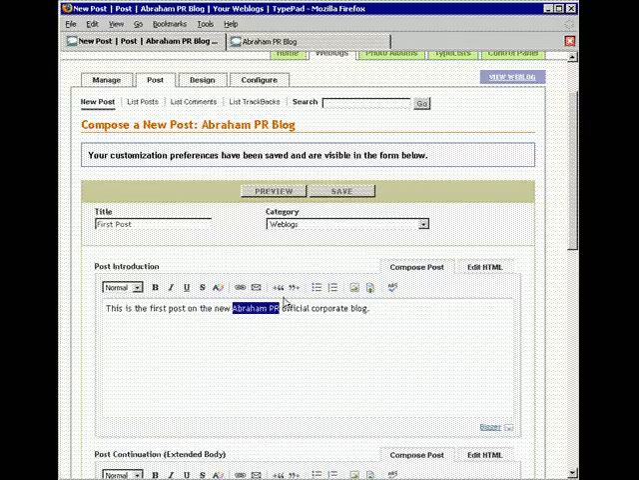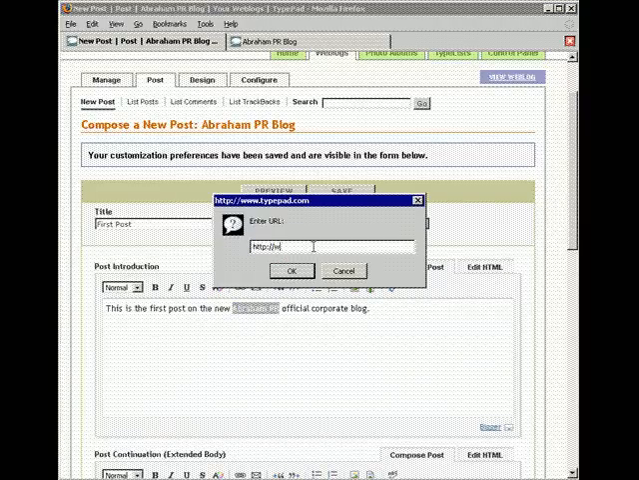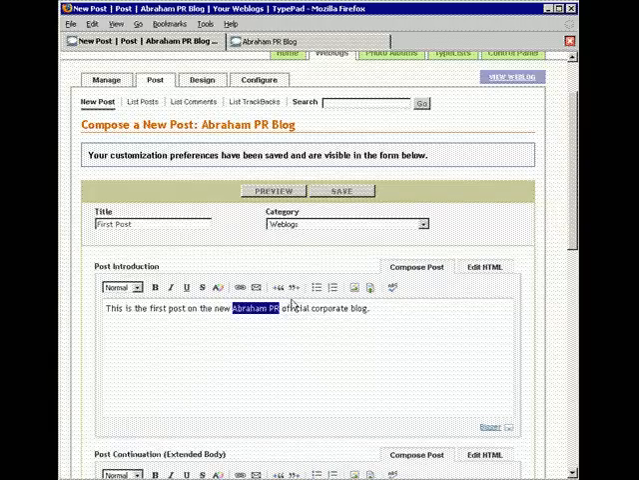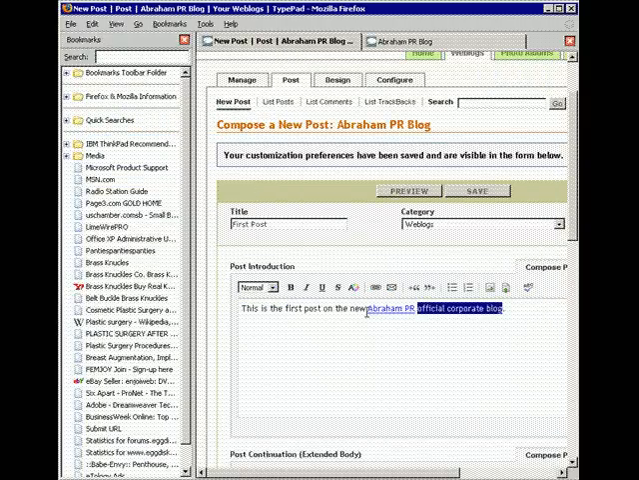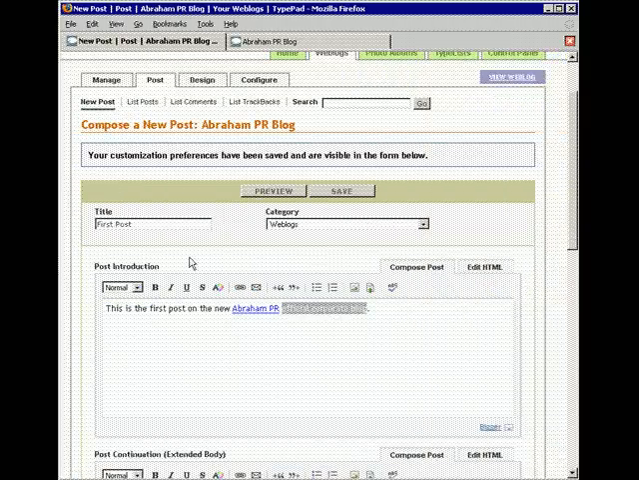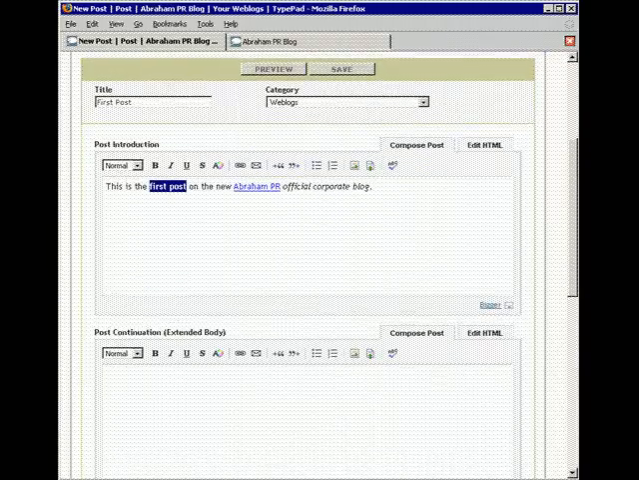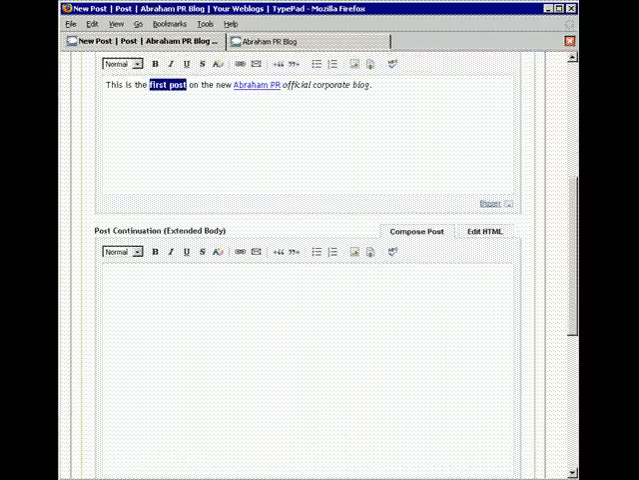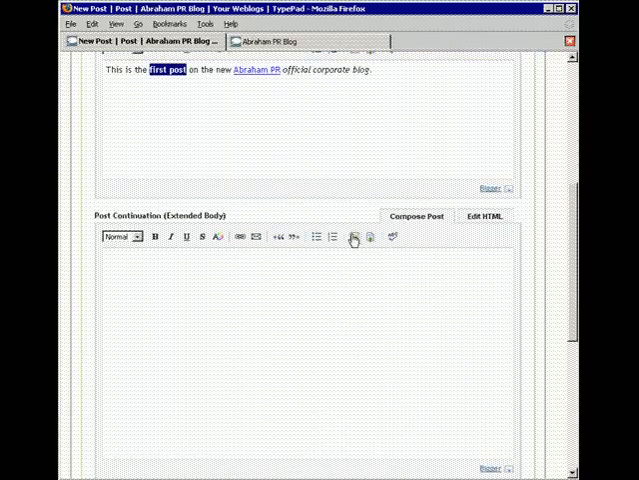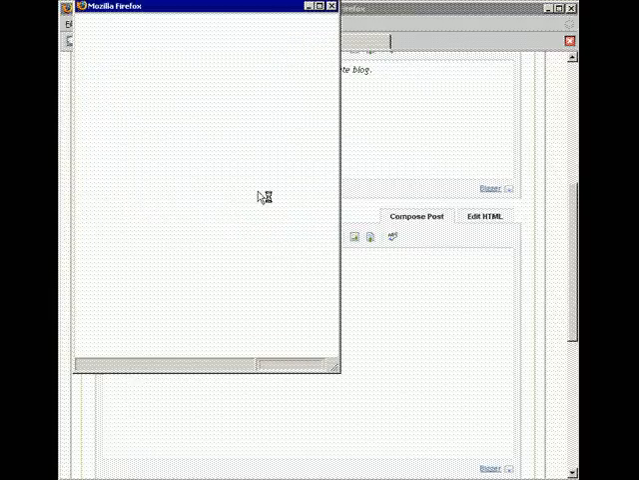You can link that to abrahampr.com and make this official corporate blog. Oops, did it again. Make it highlighted, and first post, make it bold, and then we can add an image down here, the post continuation,